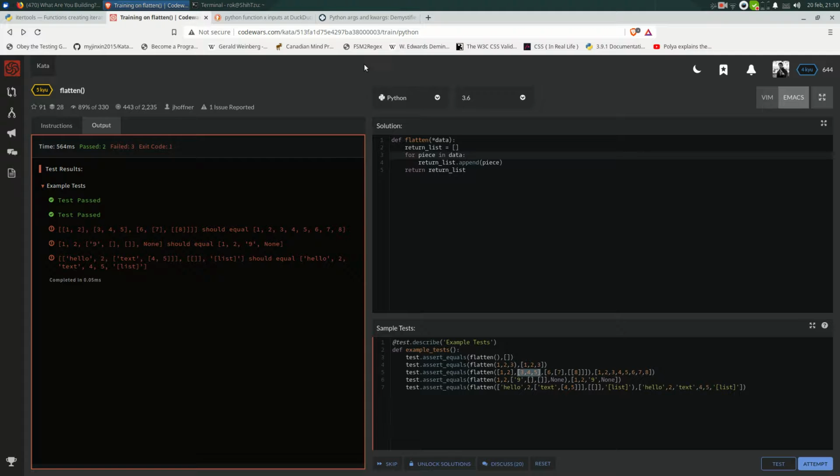So I guess that is like the first obstacle in solving this, to like multiple arguments. Now the second one with the nested ones, like